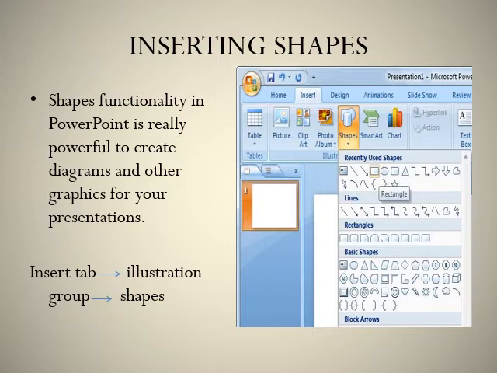We will go to the insert tab, then to the illustration group, then we will select shape. After selecting shape, we can see the list of shapes that are available. At this point, our mouse pointer will change to a plus sign. We can select any shape that we want and it will come on our screen. We can also adjust the size of the selected shape by putting the pointer on the sides and dragging it. If we want to remove any shape, we will just select it and press the delete key.